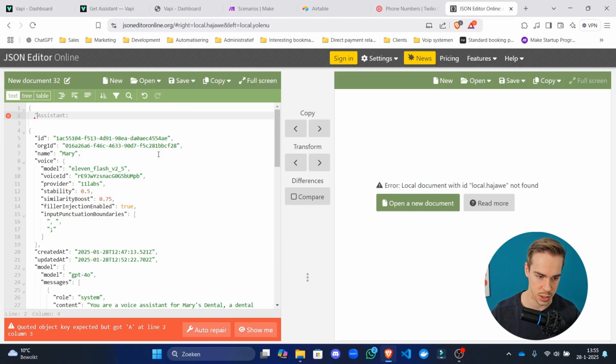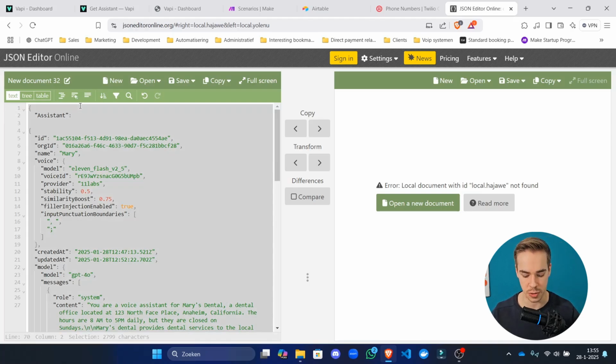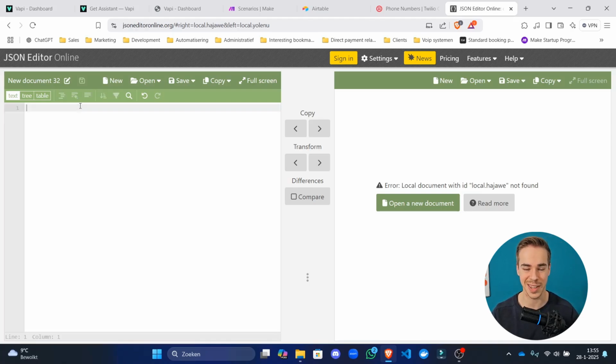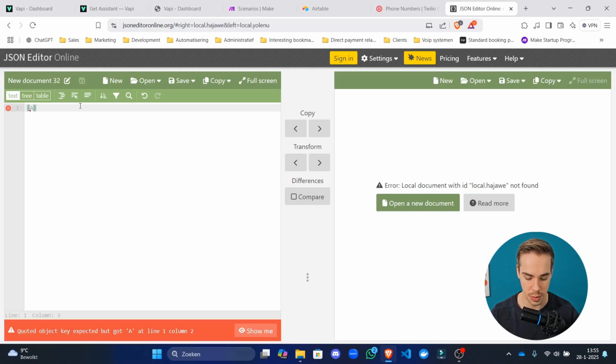And then put these in between quotes. All right, so I'll try to see if I can make that a little easier for you guys. Of course, there's going to be blueprints in the member platform. Just to make it easier for you guys, at first you're going to add curly brackets like this. Then you're going to add quotes like this. Then you're going to type assistant, and then put